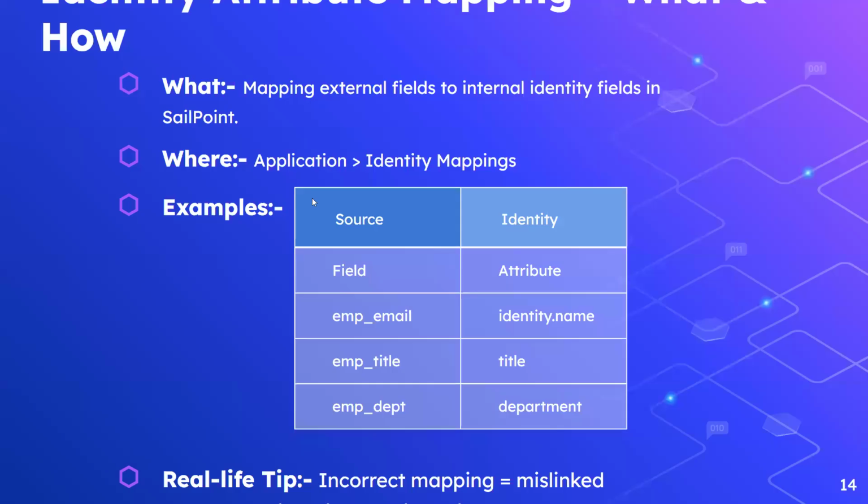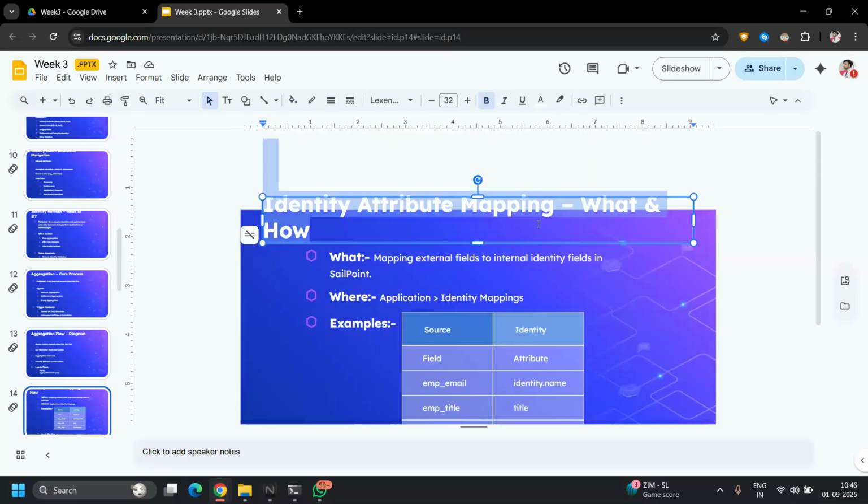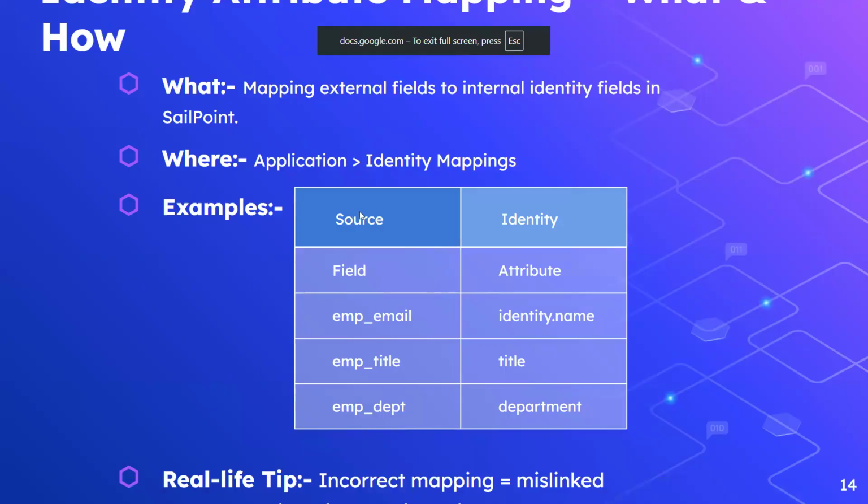As of now, I was just directly getting to you, so I used the online version. Right. Anyways, what does the title say? Identity attribute mapping. Okay, let's see it. Identity attribute mapping, what and how. Full screen, I don't know, some issues with presentation. Anyways,